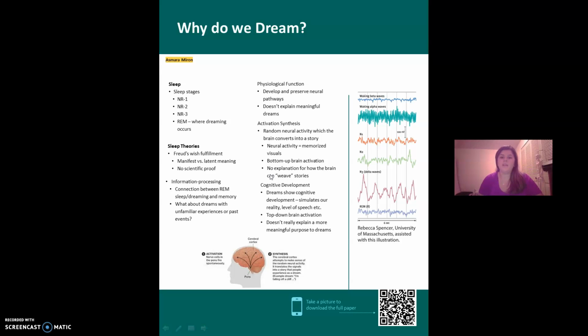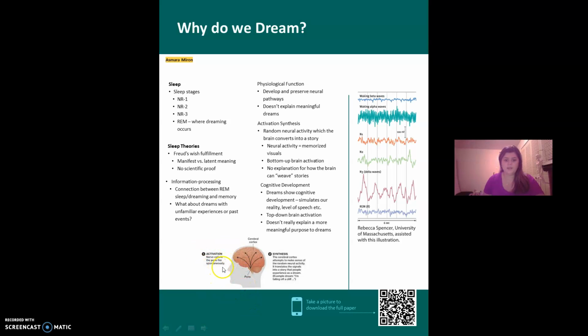Then we have activation synthesis. This theory says that the brain just has random neural activity while we sleep, and the brain converts that into a story. This neural activity is manifested through memorized visuals, and then the brain takes those and somehow weaves them together into a dream. The way that this works is something called bottom-up brain activation. So if you look at the diagram down here,